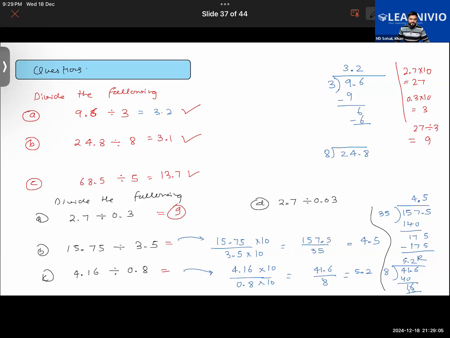Yes, Abhi. Is it 0.9? No, that isn't correct. It's 90. Both of them have to be multiplied by 100 now. So this will be 270 divided by 3, and that will give you 90. Okay. Let me tell you why. Basically, this is multiplied by 100, that becomes 270. This multiplied by 100 becomes